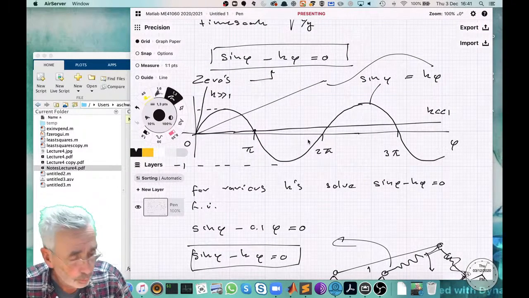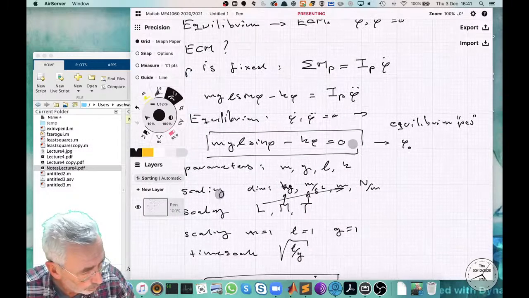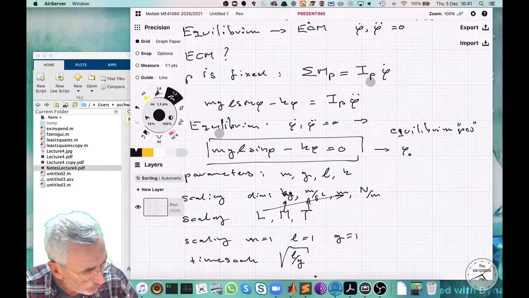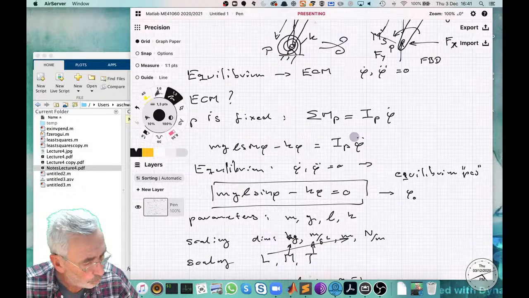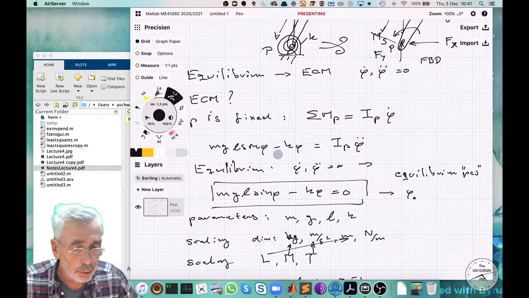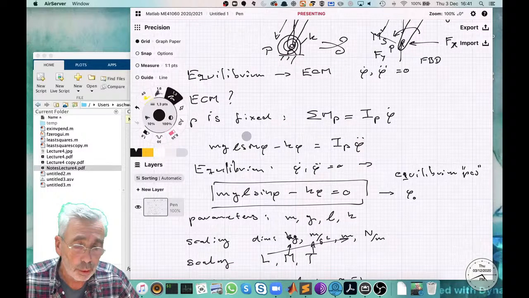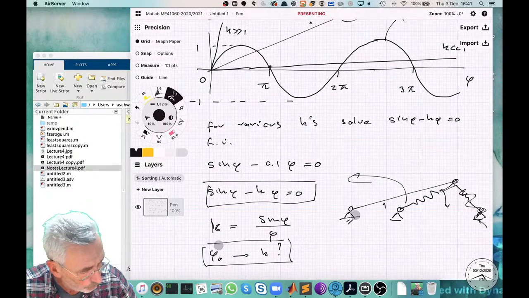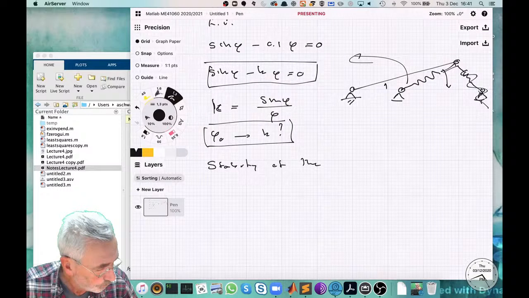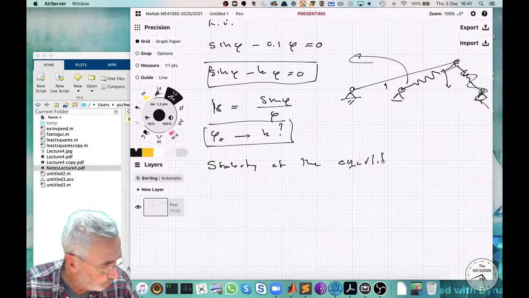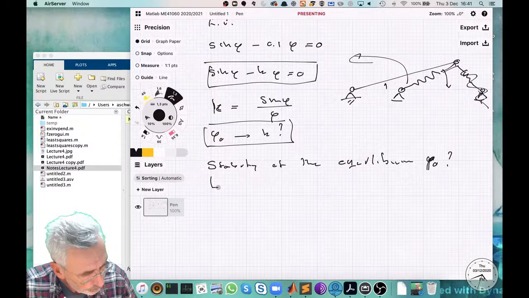So our equation of motion being this guy, but actually being this guy. And then we have to look around the equilibrium for small changes. So we have to linearize around the equilibrium. Now we can do that for stability. So we want to know stability of the equilibrium phi 0. Well, then we linearize